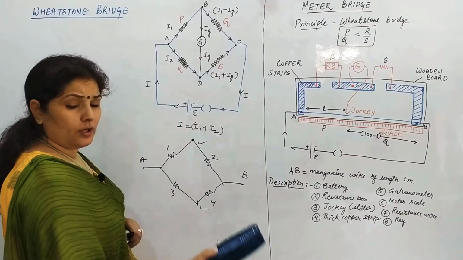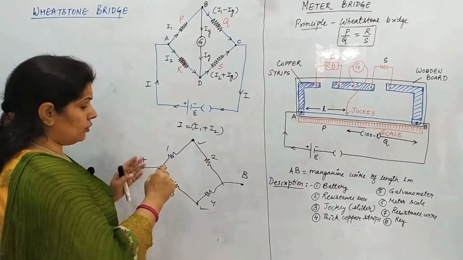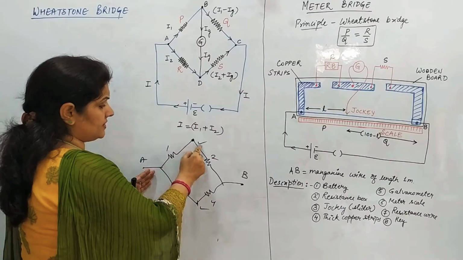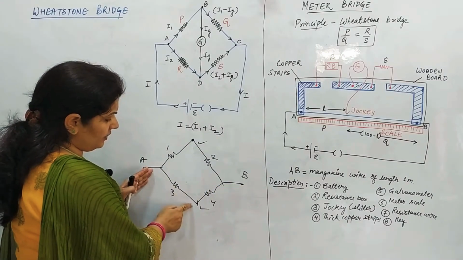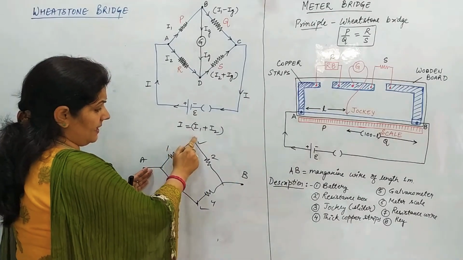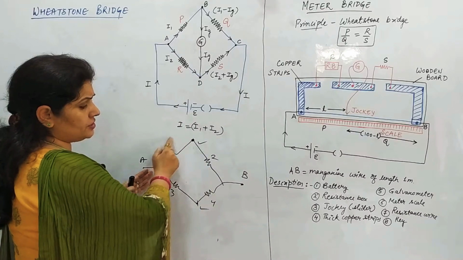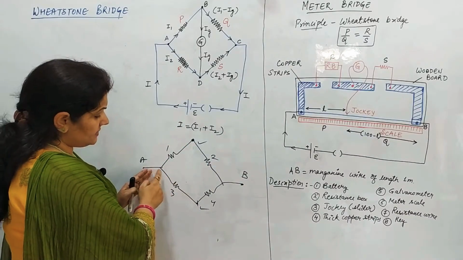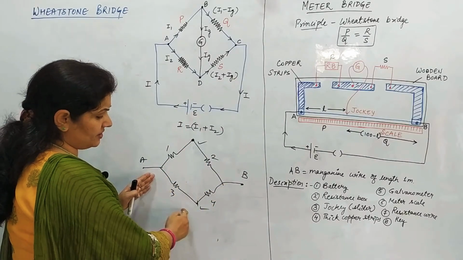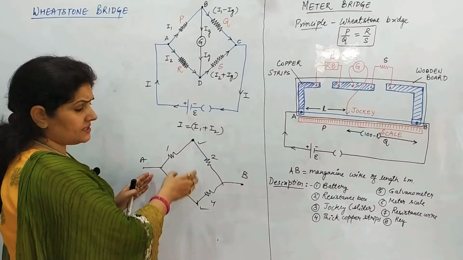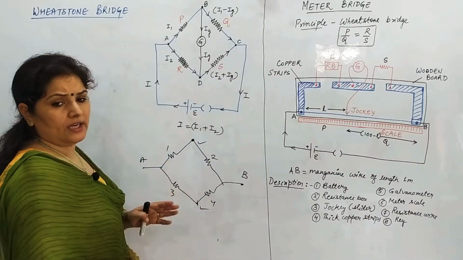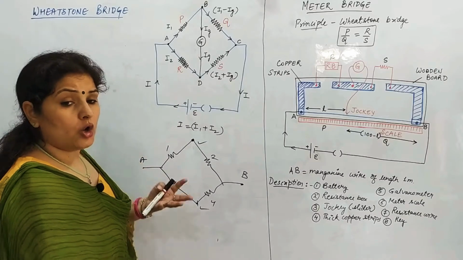Now your circuit looks like this. When your circuit looks like this, current will go this side. Current will go this side. Same current in 1 and 2, it means these 2 are in series. Same current in 3 and 4, it means these 2 are in series. Answer 1 and answer 2 are finally in parallel. Right?